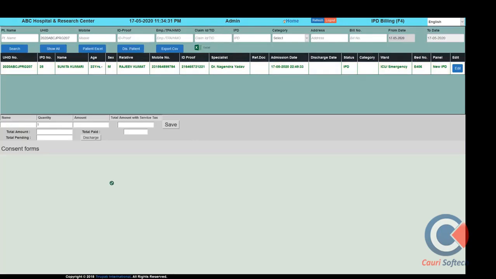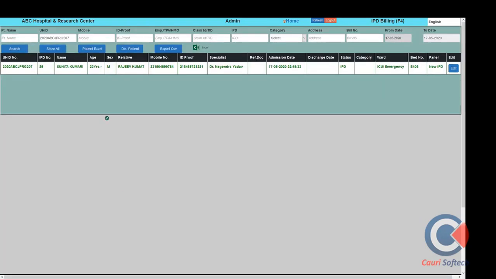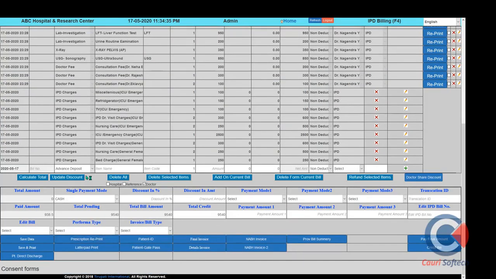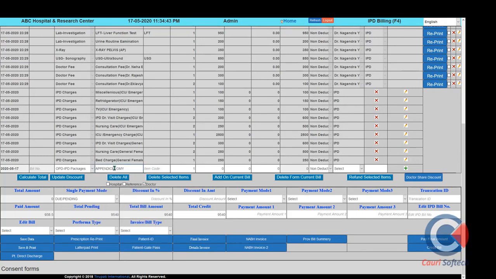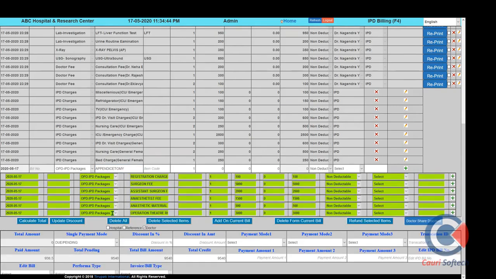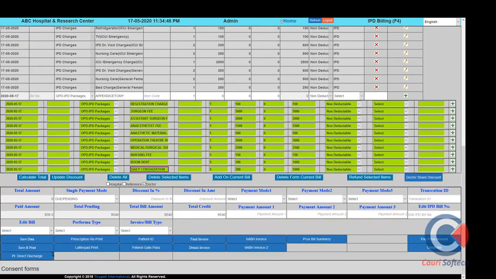Meanwhile, if you want to add or update any package detail of the same patient bill, we also have an option to create patient bill information. We can update the OPD IPD package system. You can also add it to the patient bill. Just apply the patient's type of package, and all respective services will be updated to the patient bill automatically. There you can see all the details coming, and this way you can add this bill amount to the patient, and we can save and pay.